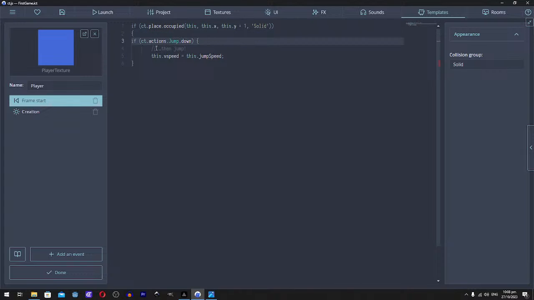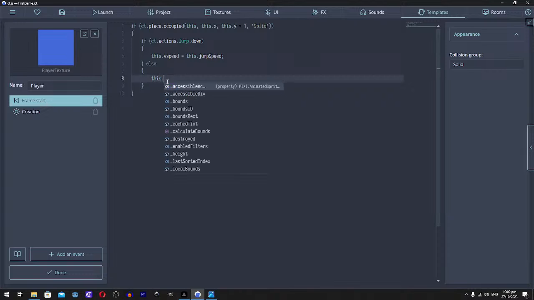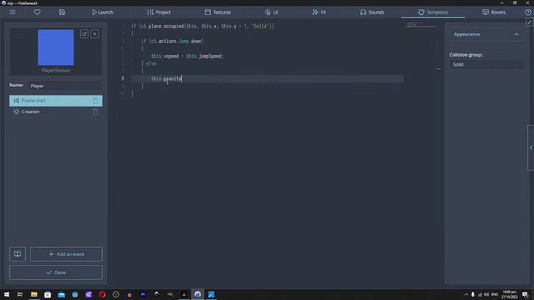Okay, if something happens, this is for this one, this is for that one. We don't need any comment else. So if we are pressing the jump button, jump, and then if we are not pressing the jump button, what we are going to do is this dot gravity equals